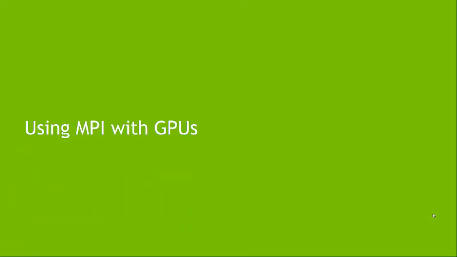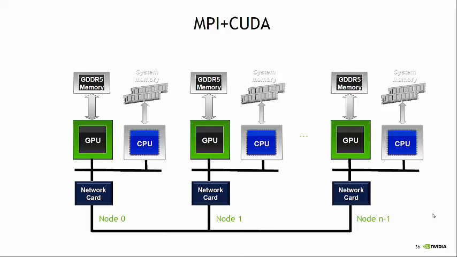I'm now going to talk about multi-GPU programming, or using MPI with GPUs. How can you communicate between GPUs with MPI? I don't know how much everyone knows about MPI. MPI, which stands for Message Passing Interface, is a system which allows you to pass messages or data between processes on your system,